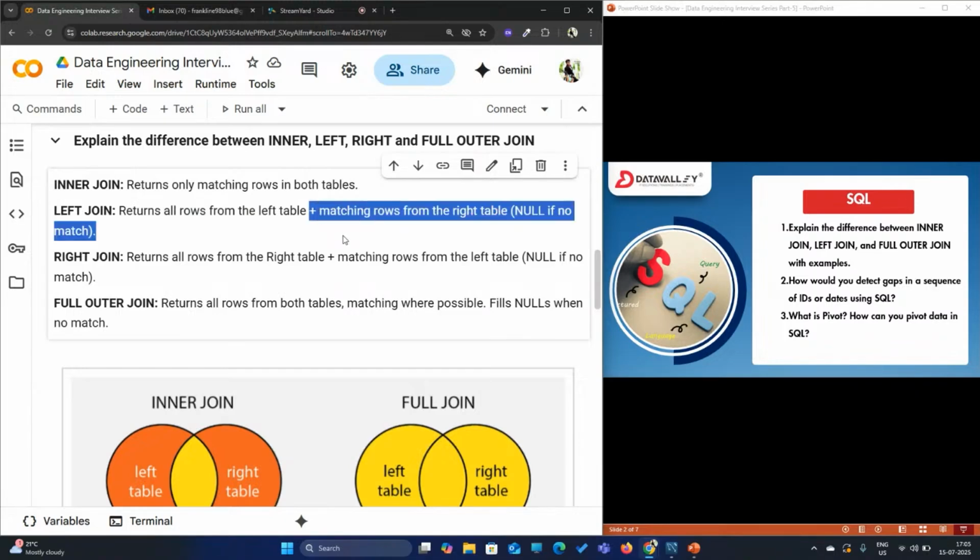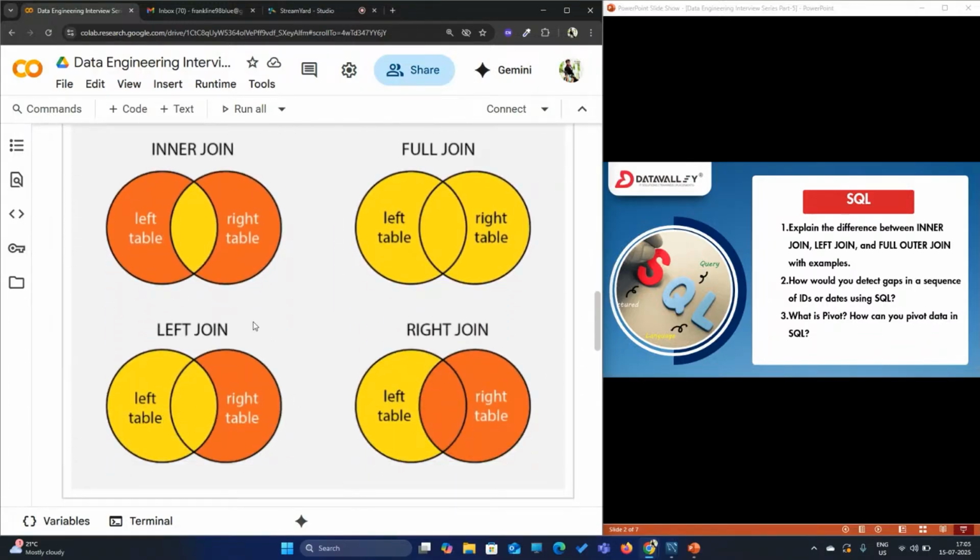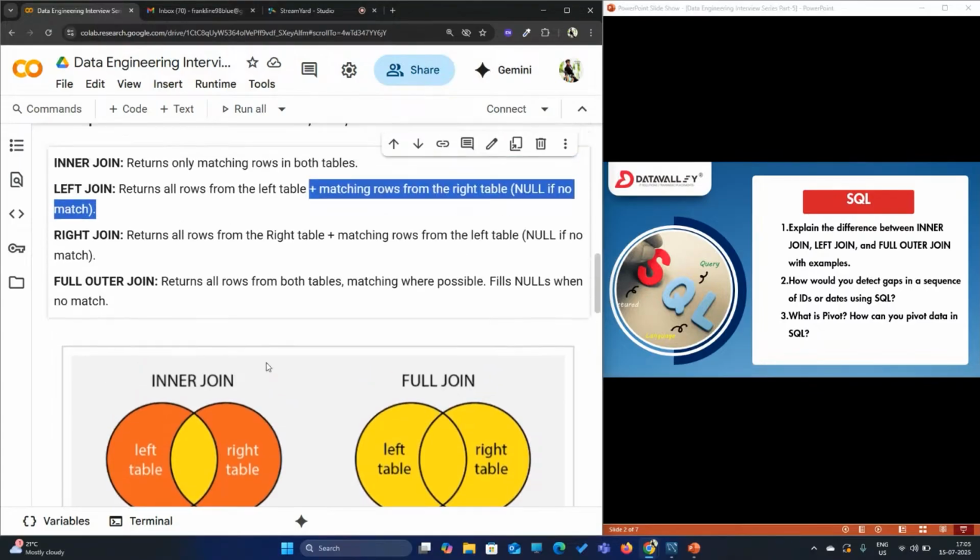If you see this image below for the left join, there are two tables, left table and right table. When I run a left join on a common column between two tables, I get all the rows from the left table. The yellow part is the queried out result. So I'm getting all the results from my left table, and then the matching fields from the right table. All the data from the left table and the matching rows from the right table. So this is the left join,